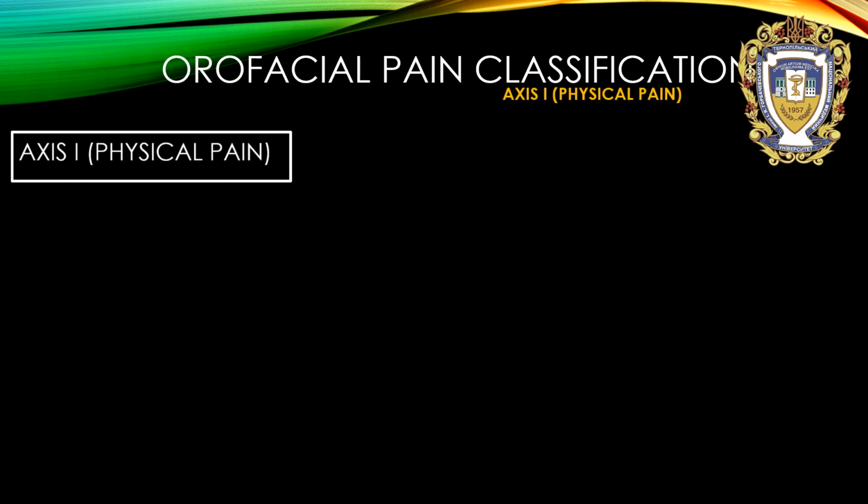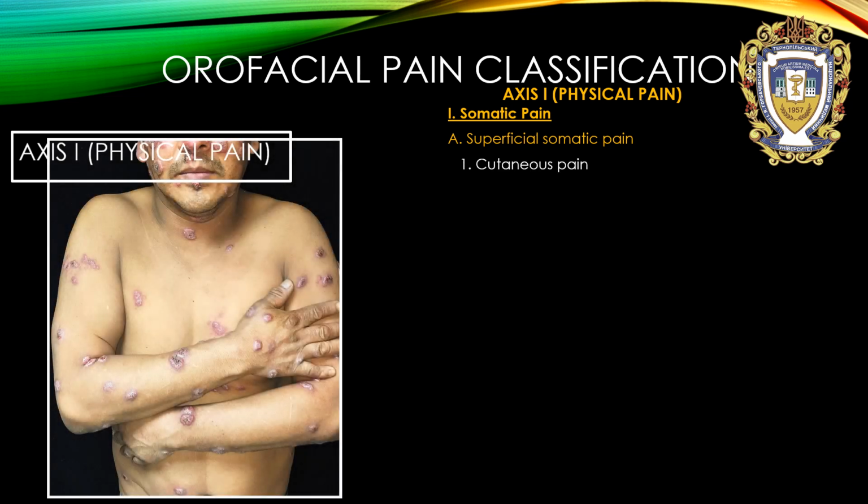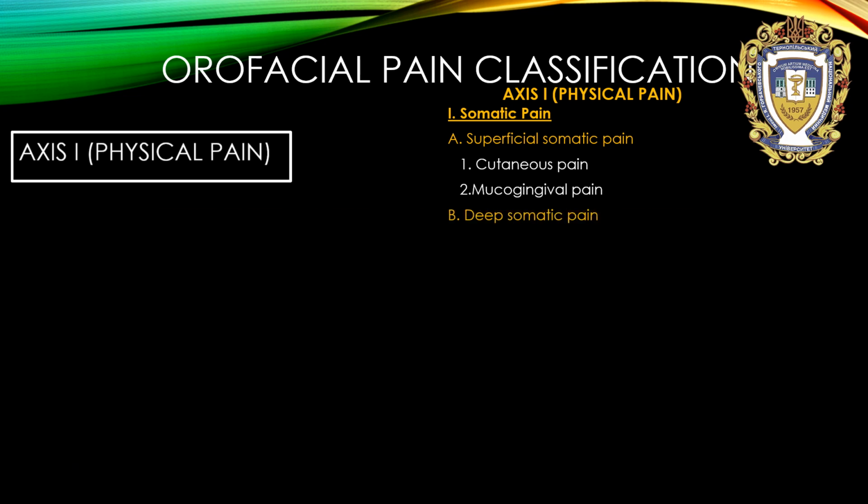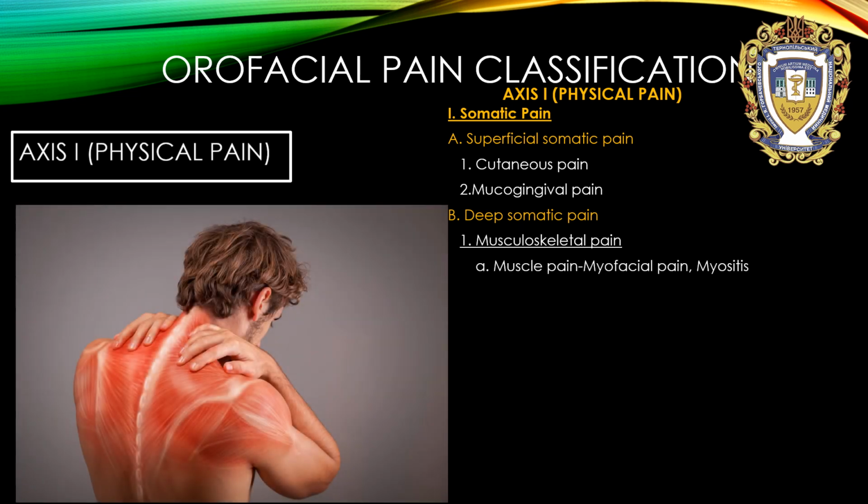So, axis 1, physical pain. First big group, somatic pain, superficial somatic pain. It can be cutaneous pain, mucogingival pain, and group B, deep somatic pain, like